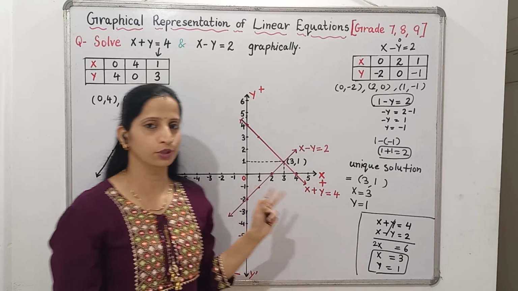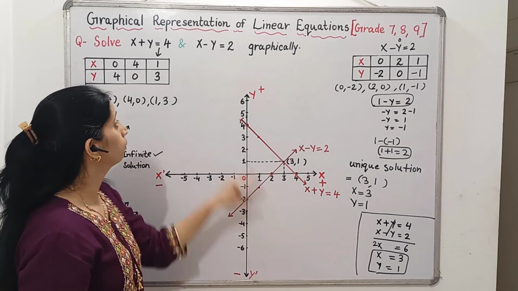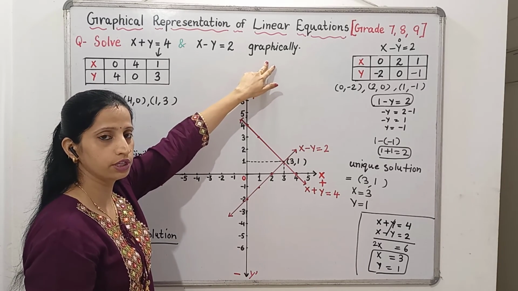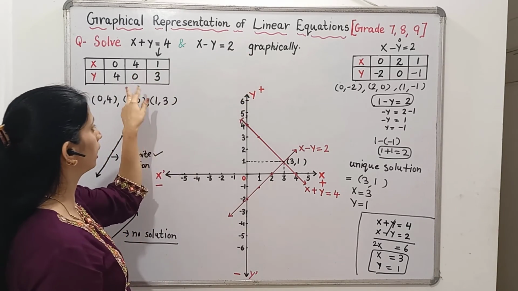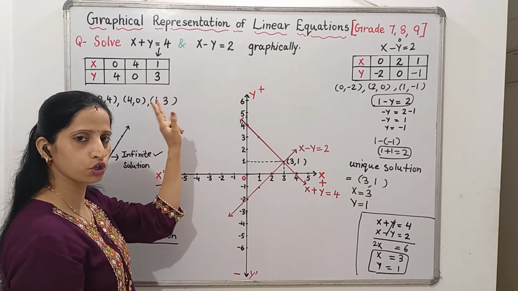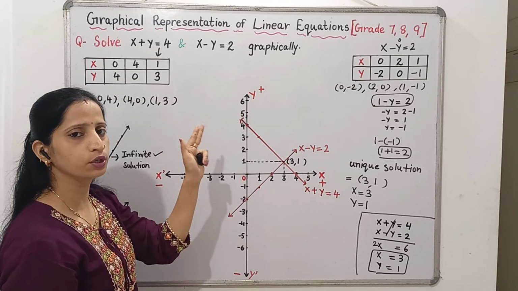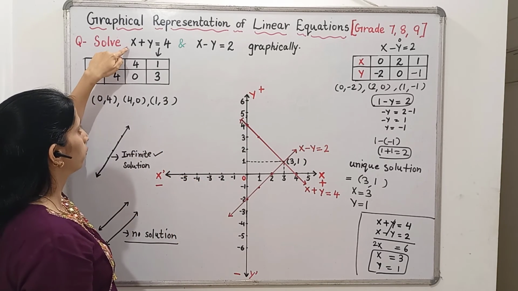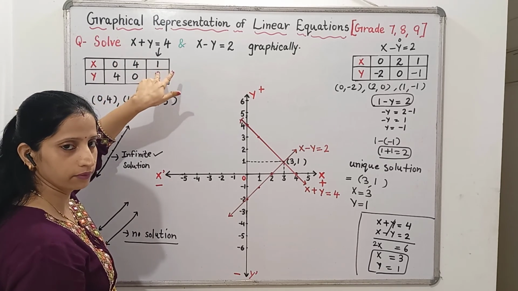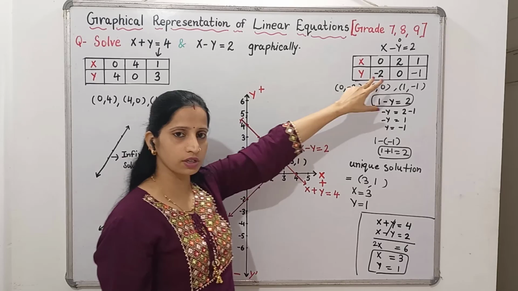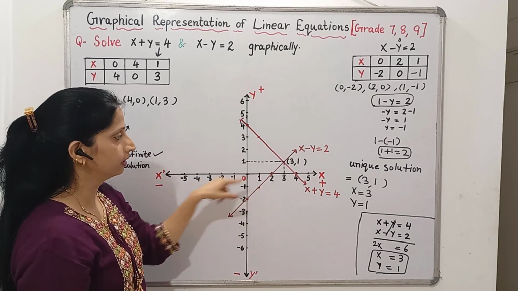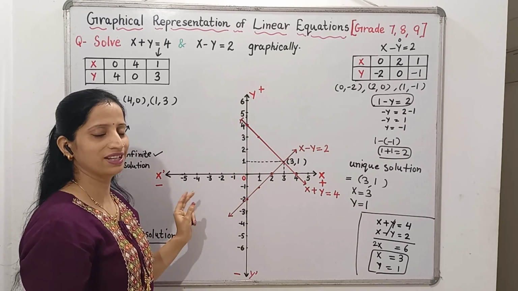Okay. So I hope you understood how to solve the given equations graphically. First of all, you need to make a table for the given equations. In the table, you can put any value of your choice. Always start from 0, 1, 2 and so on. First you put the value of x as 0, then 1, then 2 and you will get the value of y. Similarly for the other equation, then just mark the points to be plotted and then draw the line and you will get the solution.